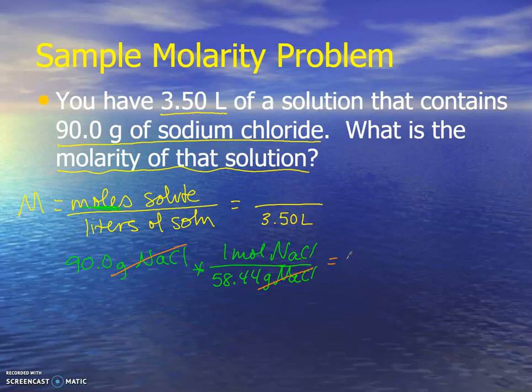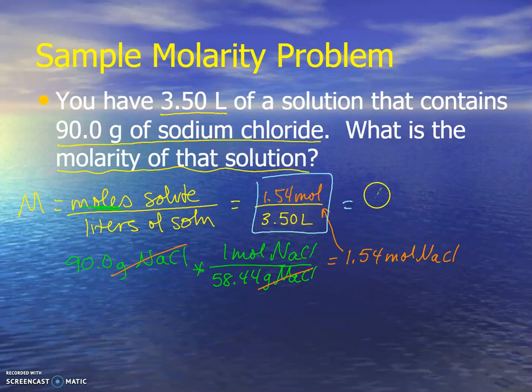Go grab your calculators, push pause if you don't have it nearby, and then push play again. So we plug everything in and we get 1.54 moles of NaCl. This number goes up here. All right. Then what I do is I take my two values and I divide them. 1.54 moles divided by 3.50 liters gives us 0.44